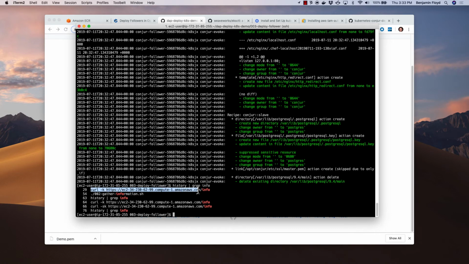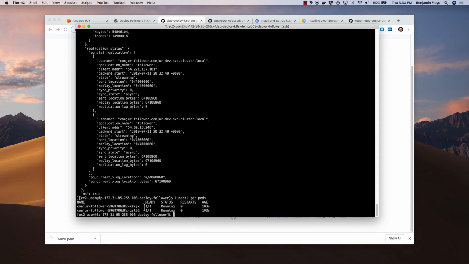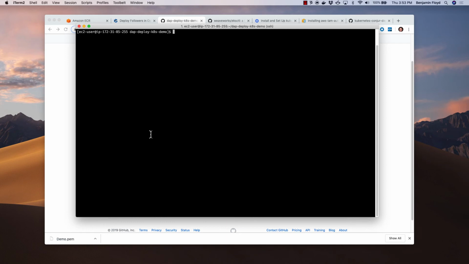actually go back and look at our health on our master. And we'll see that our 2 replicas are actually up and have registered themselves with the master. Finally, once the readiness check has completed and that health URL for the follower returns a 200, we'll see that they become available and ready. Final thing we can look at is whether or not our service is available within Kubernetes. We can use this get services to look at our service. We can describe